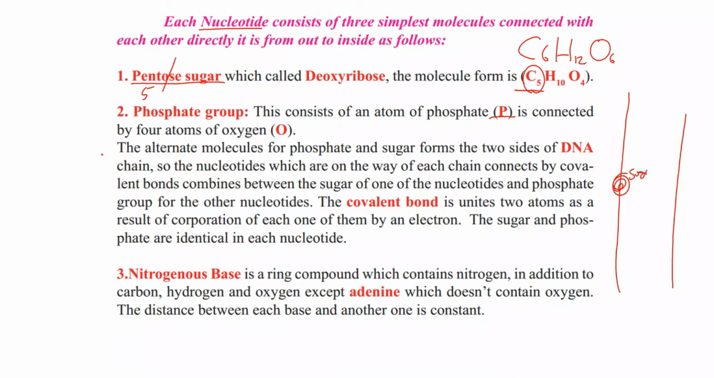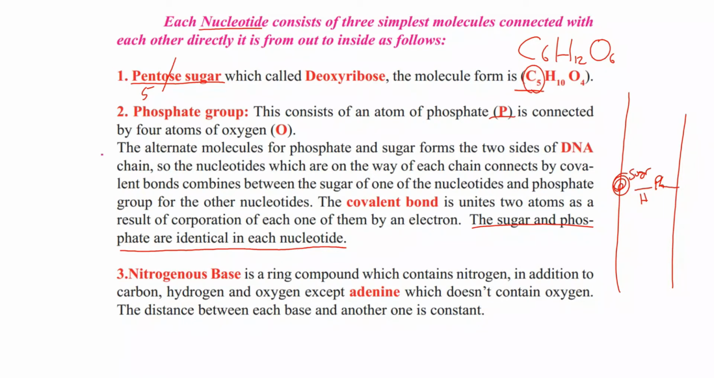If there is sugar, it connects to the phosphate group on the other side by what? By covalent bond, which unites 2 atoms as a result of sharing an electron from each one of them. The sugar and the phosphate are identical in each nucleotide. It's important: the sugar and phosphate are identical in all nucleotides in DNA. They all have pentose sugar,